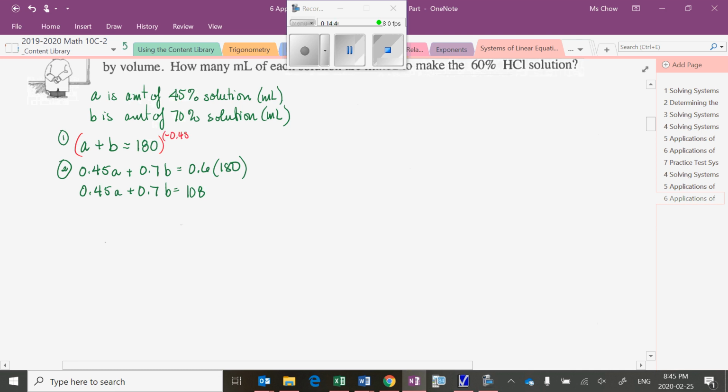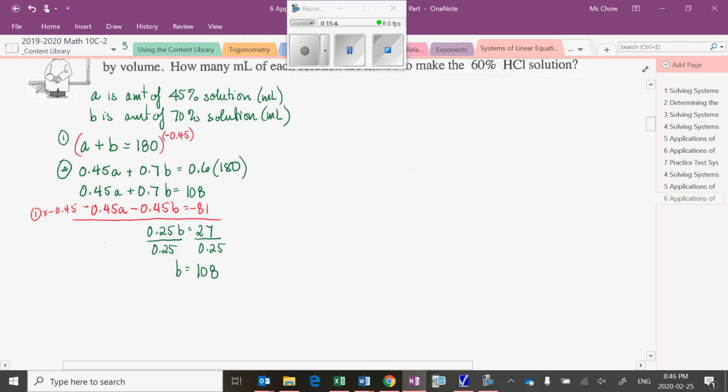So 1 times negative 0.45 gives me negative 0.45A minus 0.45B is equal to, and then 0.45 times 180 is 81, or negative 81. Then we're going to add those together. So the A's eliminate, and then 0.7 plus negative 0.45B is 0.25B, and that equals 18.27. Then we will divide both sides by 0.25, and B should give me then for